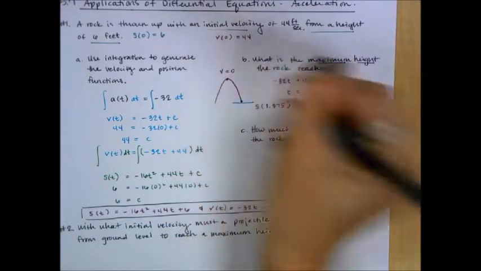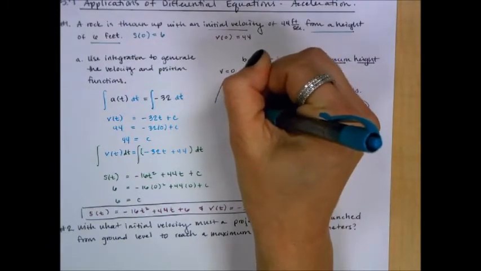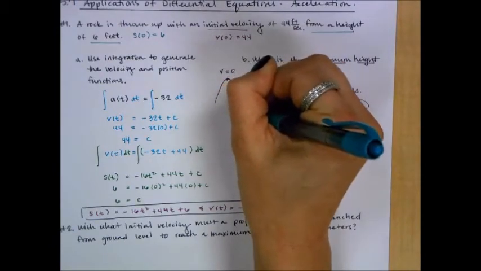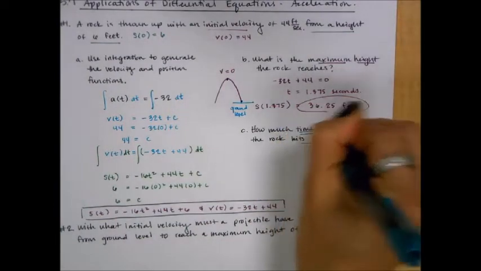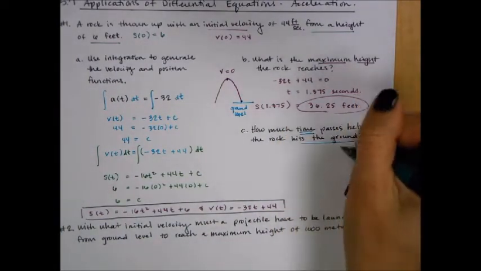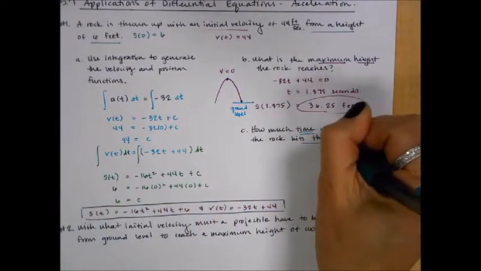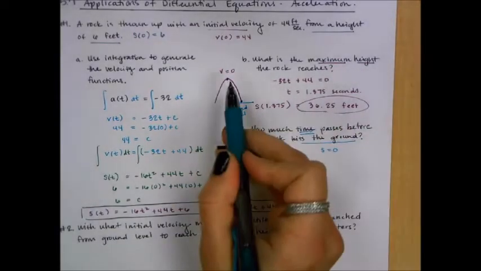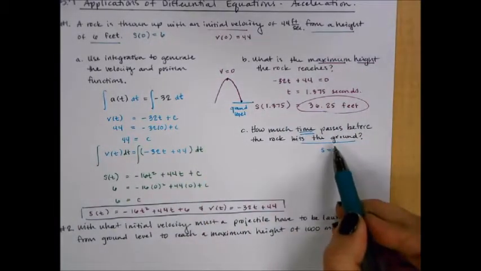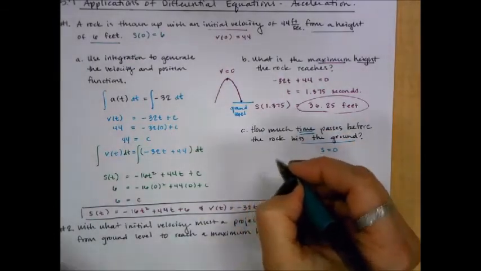So this is going to be ground level here, and ground level is really just our x-axis. Okay, so we're looking at when our position function is equal to 0. These are the two cases you'll deal with a lot. Maximum height, velocity is 0. When you hit the ground, your position is 0. You're at ground level. So setting our function equal to 0,